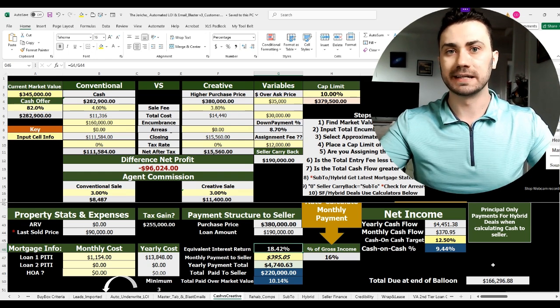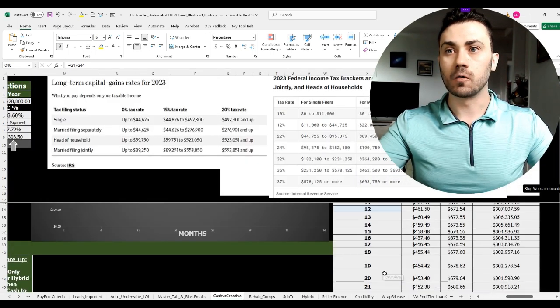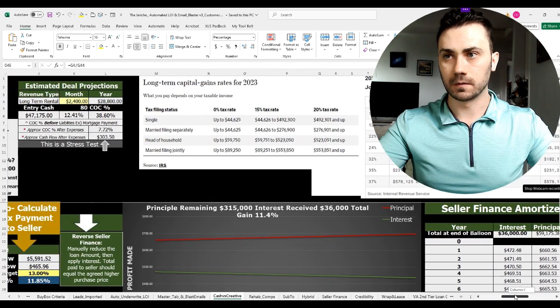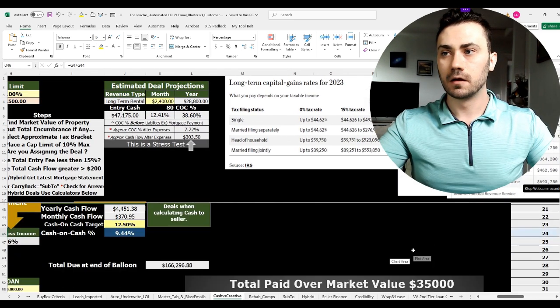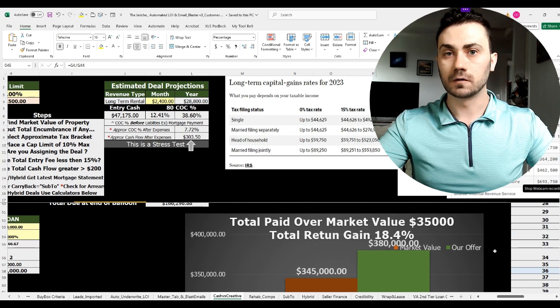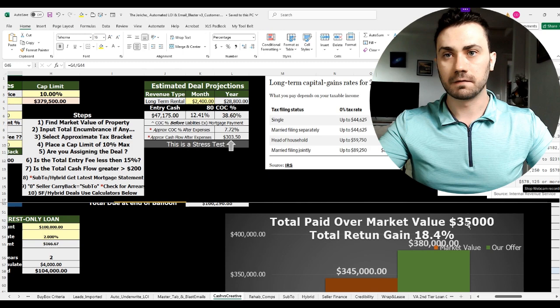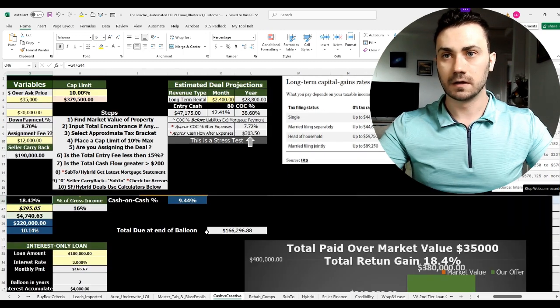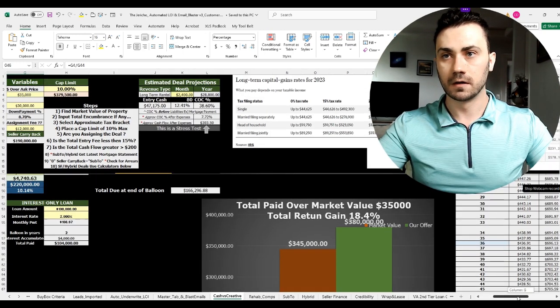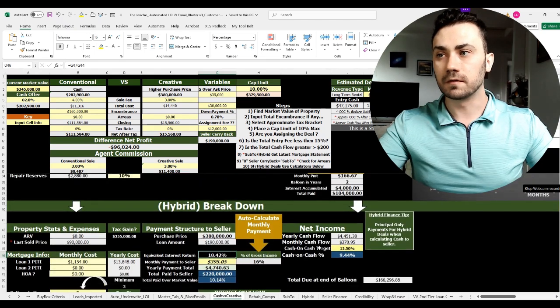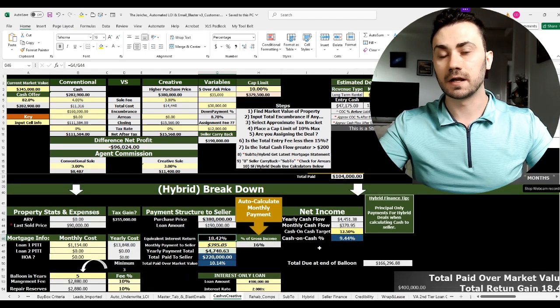That's going to be the equivalent interest return. And we're only paying principal on this property, remember? But because we're paying $35,000 over market value, essentially the $35,000 is going to be the interest that is collected for this property. So the equivalent interest return is basically stating, I'm going to give you $35,000 over the current market value, and